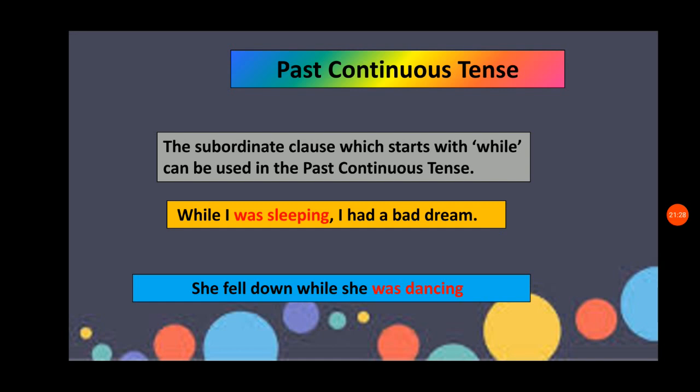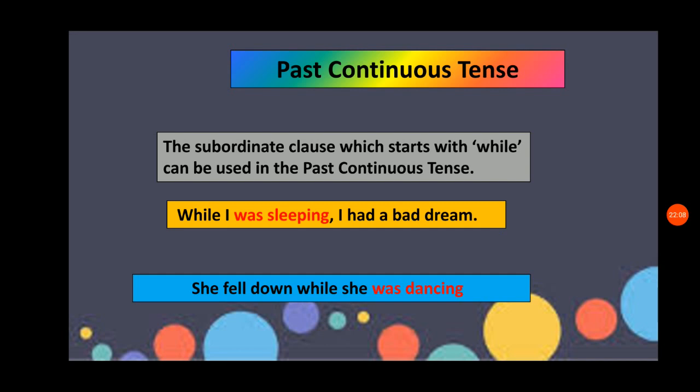Okay, here, while I was sleeping. So in both clauses, sleeping was a long progress. I had a bad dream: the dream can only be a short time. It is not a cinema going on for 15 or 30 minutes, or 1 or 2 hours. We have a dream only for a short period or a short moment. So it can be taken into past tense, and sleeping is a continuous, in-progress event. So, while I was sleeping, I had a bad dream.